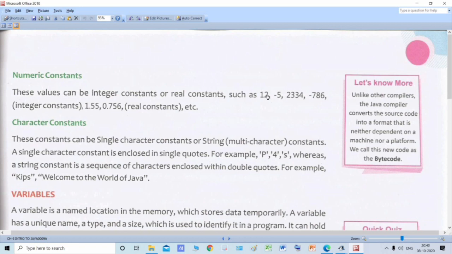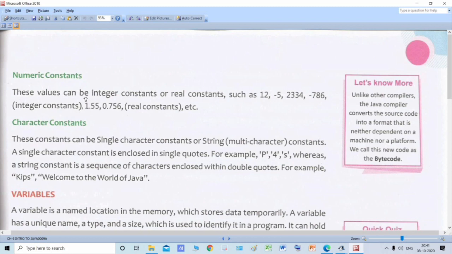But it will not be a decimal value. Integer constant means it will not be a decimal value. For example, 12, minus 5, minus 1, 2, 3, 3, 4, 2. Any number which is not a decimal number is an integer constant. Minus 7, 8, 6, all these are examples of integer constants.